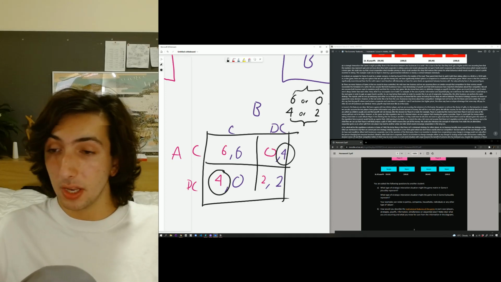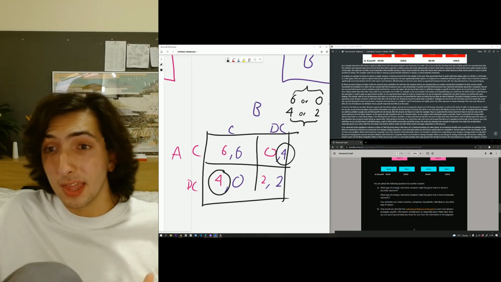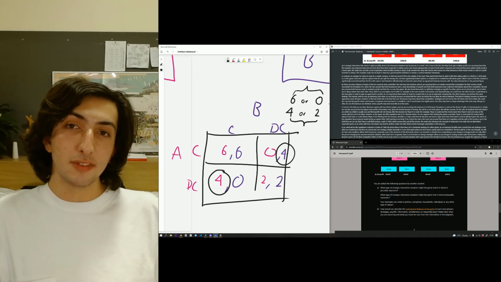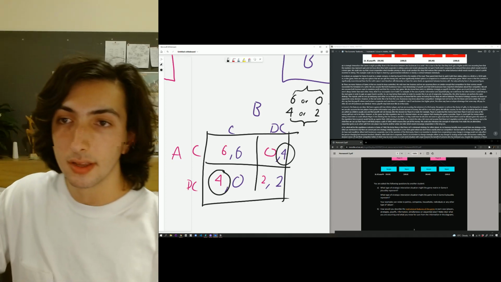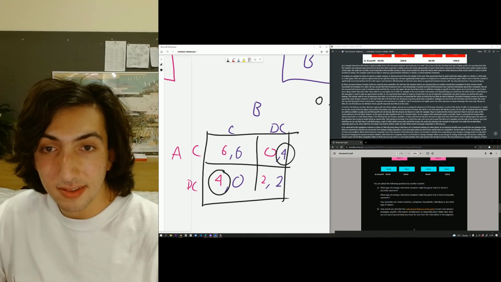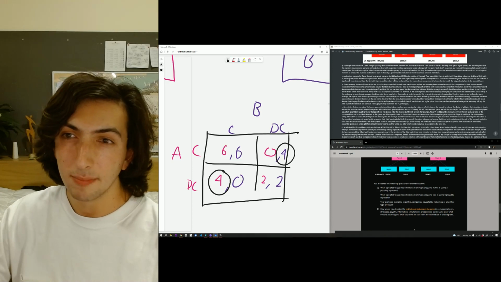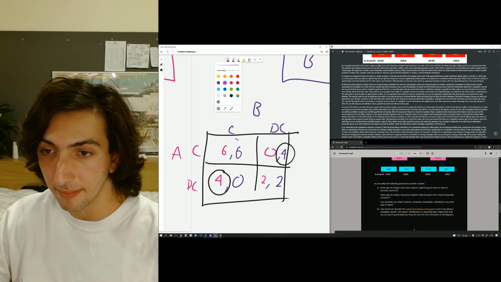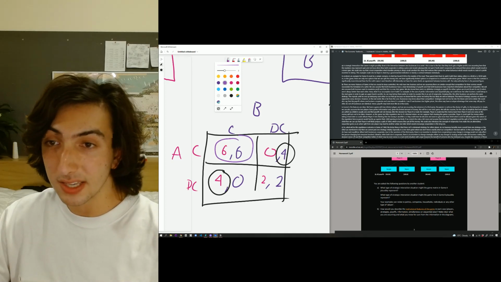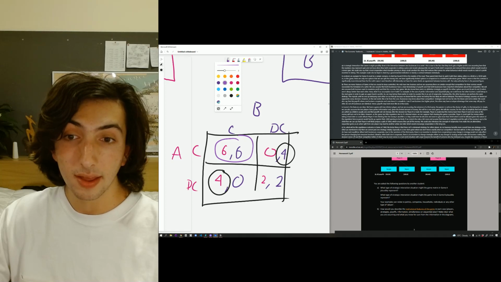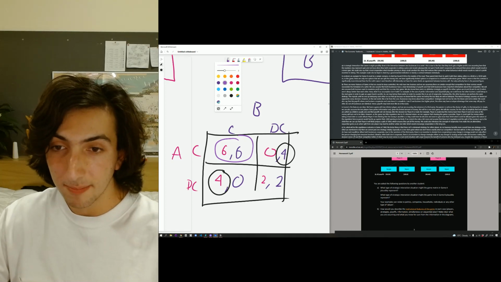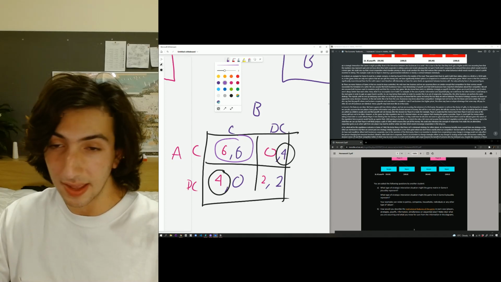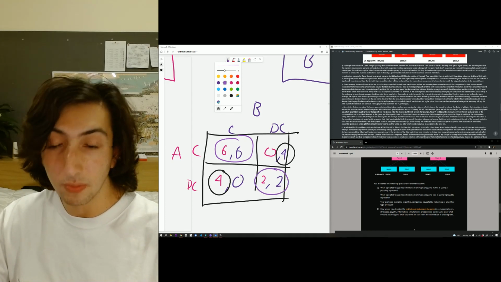If we knew one person was riskier than the other, then maybe we would say they'd cooperate. But we don't know that. We don't have perfect information here. So, we would say that C is a possible equilibrium, but it might not exist, because we don't know if they're going to pick that. So I'm going to circle it. That's one of our equilibriums. Now, a similar thing happens with 2, 2 here. Again, no dominant strategy, but if I move, A would gain 0, and if I move, B would also gain 0. So 2, 2 is another equilibrium.